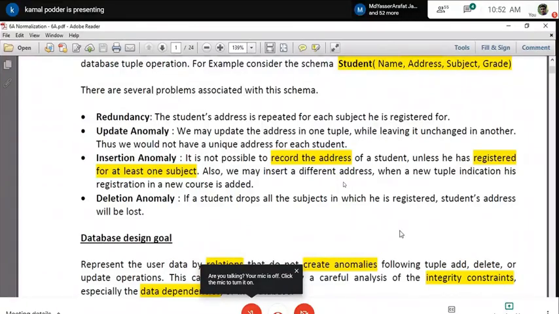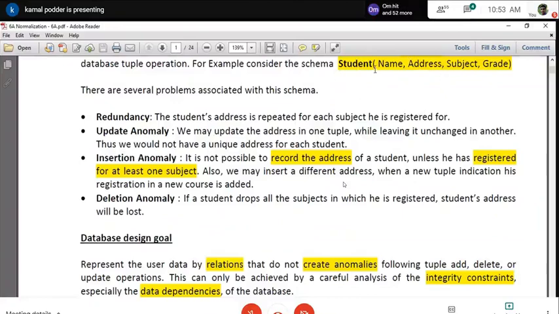First, let's see that, and then we'll see how normalization helps us remove those anomalies. If you see this table, one thing is that redundancy is a problem here, because if you add a student and you want to add the grade for each subject, then if it is subject one grade you have recorded, for the next subject's grade you also have to add the address field again. Otherwise, you have to keep the address null. That is also dangerous. So you have to repeatedly keep the address in the record. That means you are generating some redundancy.